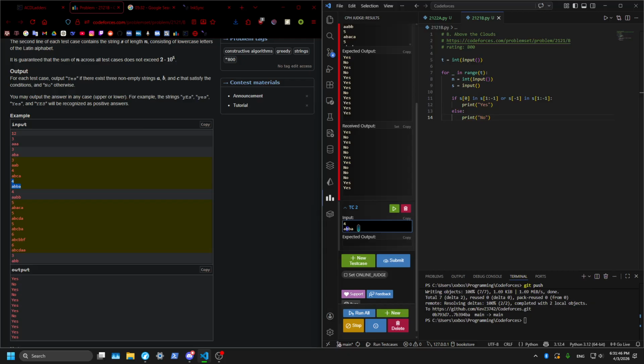A, B, C. Or, so there's one more check. If the ends are in the center, or the center has a duplicate, or